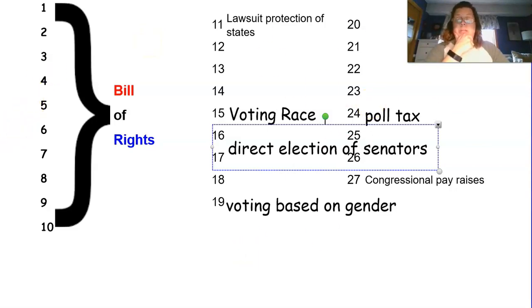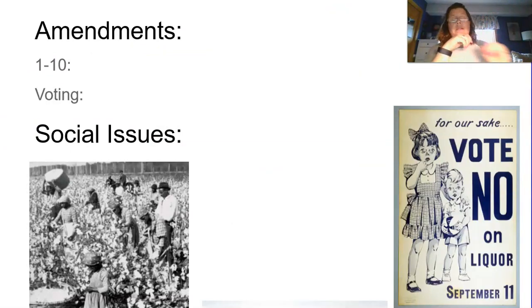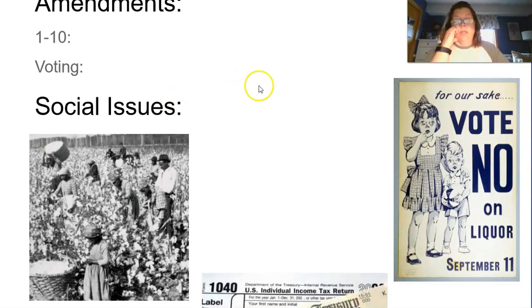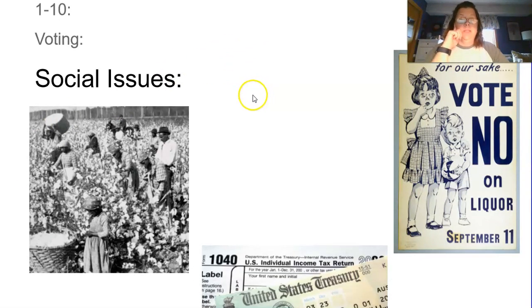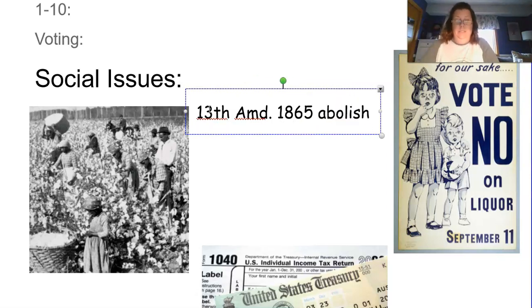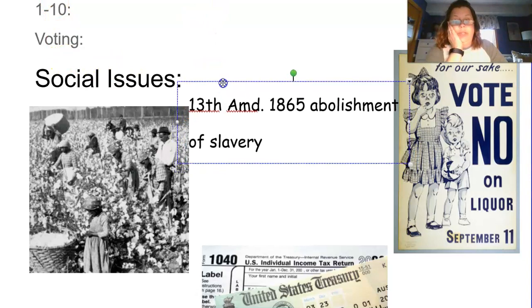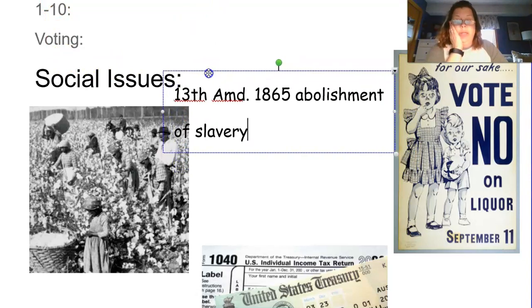So I'm just going to jump back in. We looked at the voting amendments, and now we're going to look at the amendments that are based on some social issues. And I think the most important one that we need to touch base on is this one. This is referencing the 13th Amendment. The 13th Amendment is 1865, and that is the abolishment of slavery. One that I wish we didn't even have in our Constitution, but it is an ugly part of